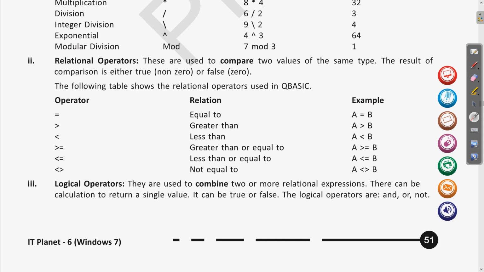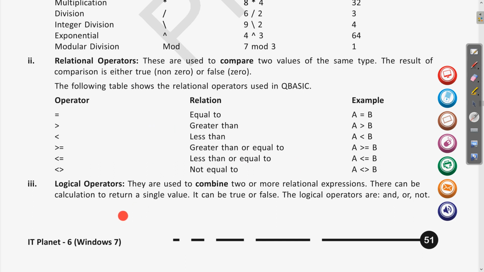So these are all the different operators which we use for relation. Clear? And whatever the result of this is, it is given in either 0 or 1 form. When it is 0, it means it is false, and when it is 1, it means it is true.